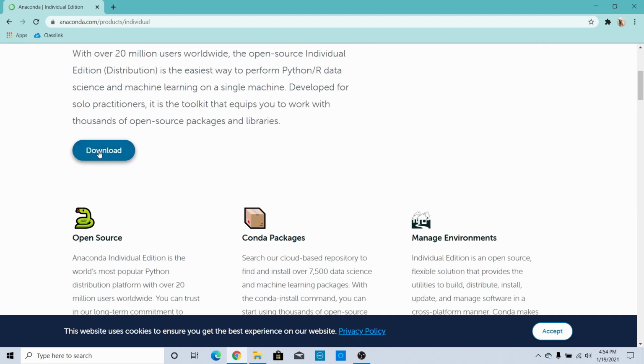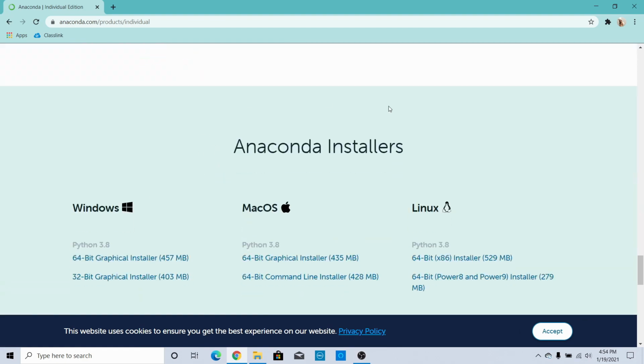So click Download and it should take you here. It is available for Windows, Mac, and Linux. So click the one you need and it should install. So once it's installed,